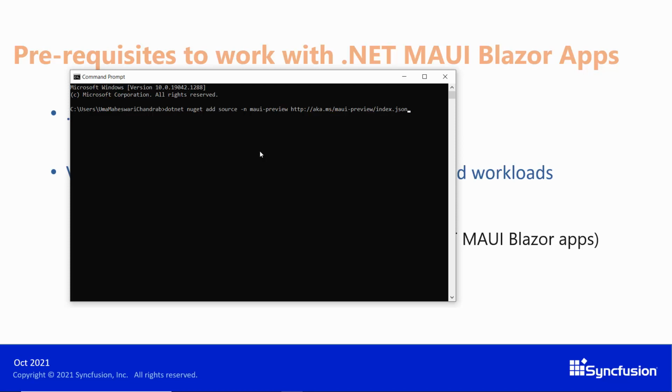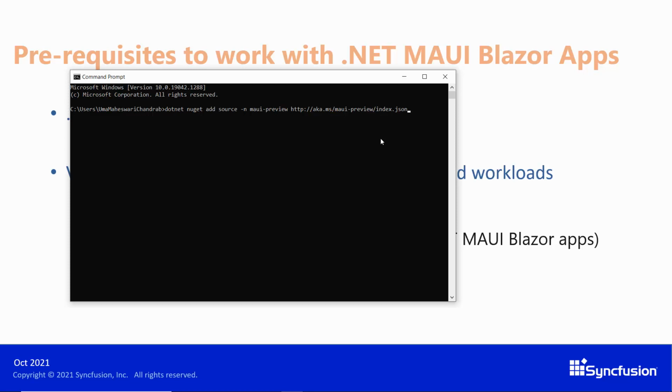Just add this NuGet source so as to access the .NET MAUI packages: dotnet nuget add source -n MAUI preview http://aka.ms/maui-preview/index.json. I have already done this step as well, so I'm skipping it also.